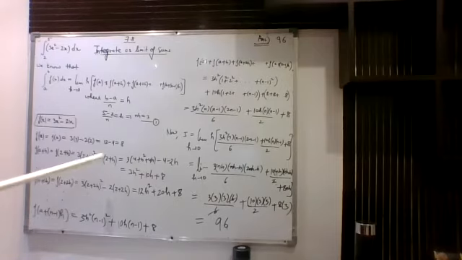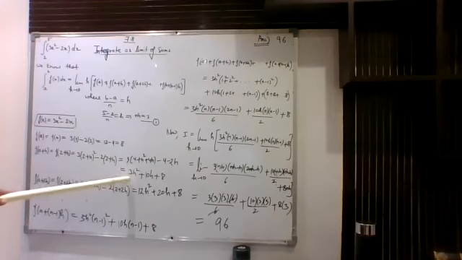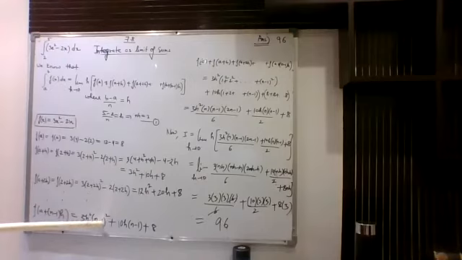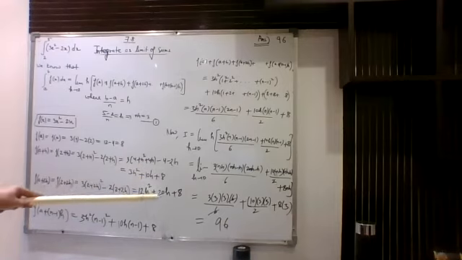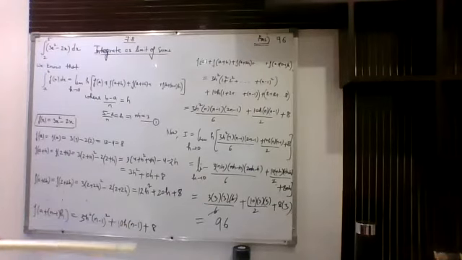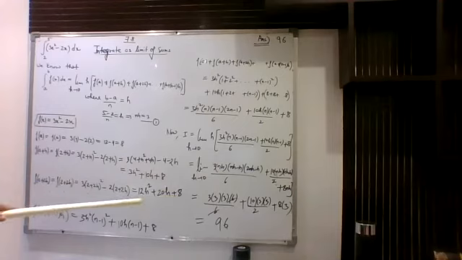How to write it directly? See, it is 3h square, so 3h square common, 1 square, 2 square, 3 square, dot dot dot till n minus 1 square. Second iteration is this 10h, 20h and so on. So 10h outside, 1 plus 2 plus dot dot dot till n minus 1. Next is 8, 8, 8. Everywhere it is 8. So here also I had written plus 8.